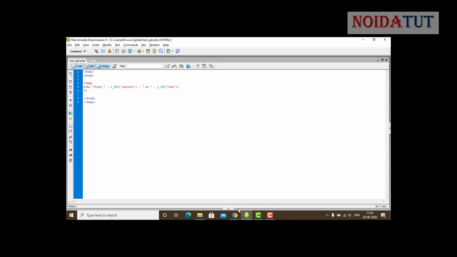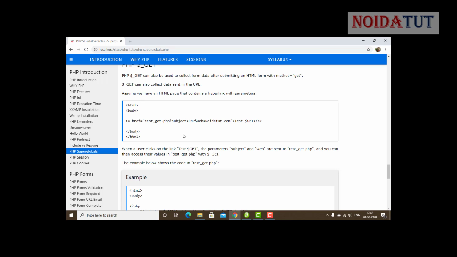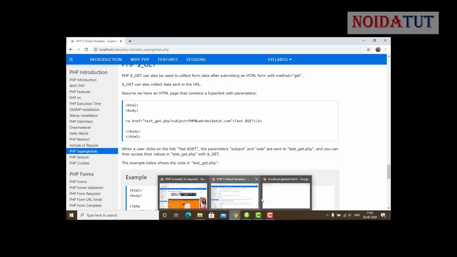Now you can see that in the previous file, we transferred these values to the web browser. Just like test_get, when you press this link, it will pass the subject PHP and webnoida2.com to the next page. You can see that. So we have grabbed this value from the browser and displayed it here.